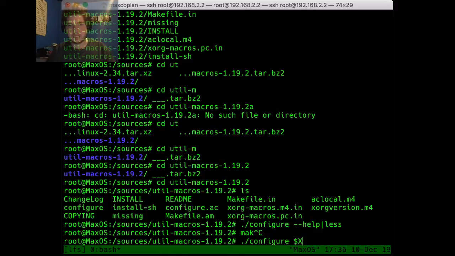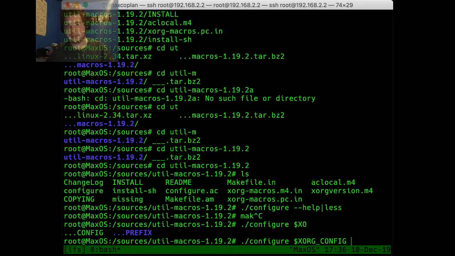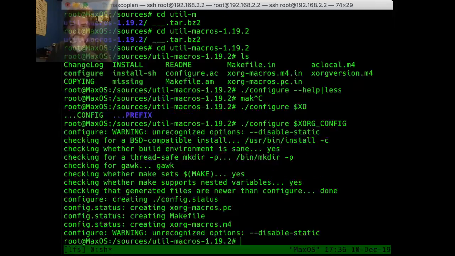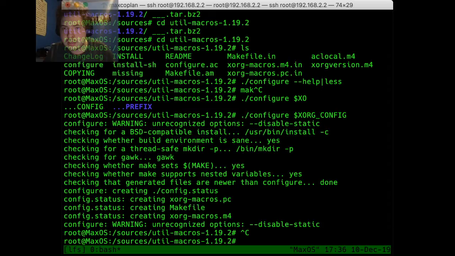So yeah, I think I'll just need those configs that I used before. Unrecognized. What?